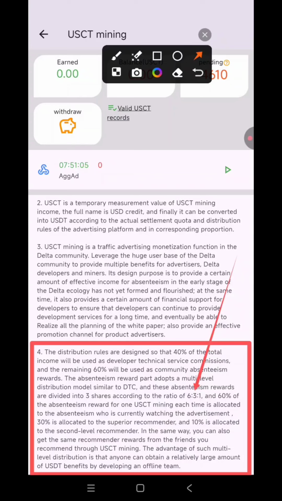Ratio 6:3:1. So what this means is that those who refer are going to earn more. Okay, so the more you refer, the more you are going to earn. And also remember, whether you refer or not, you are still going to get your primary reward for watching